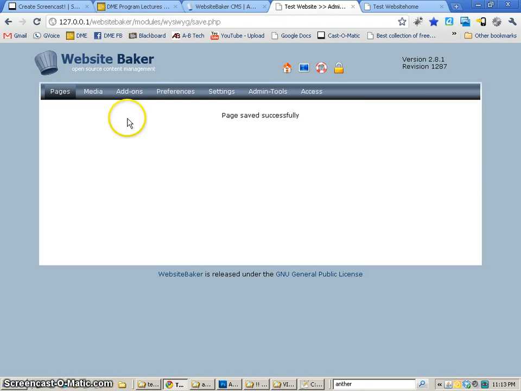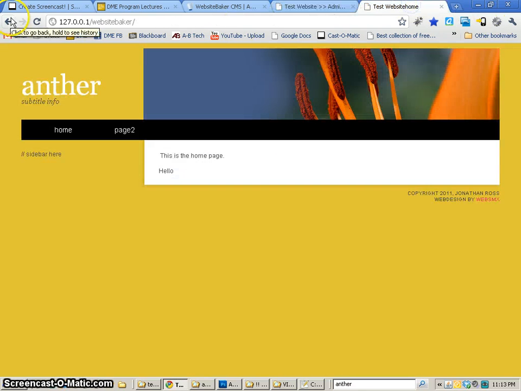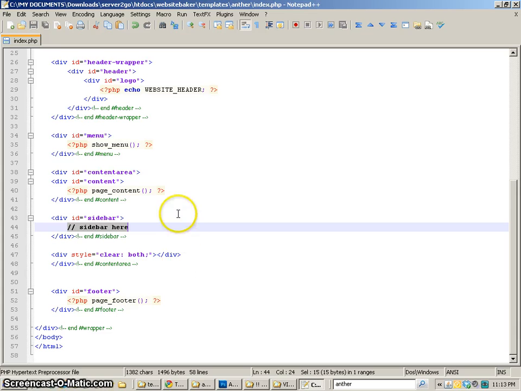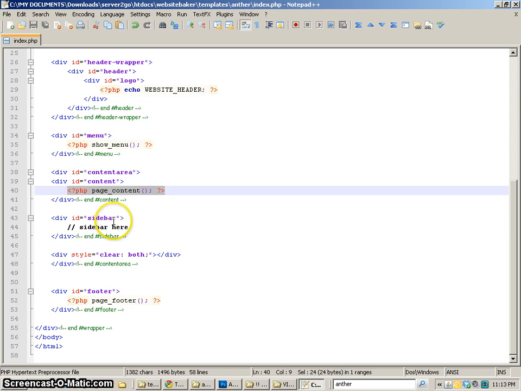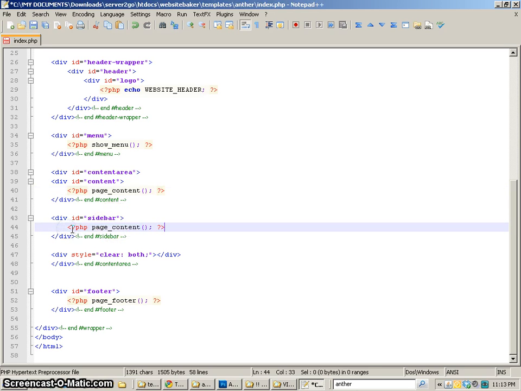I can save that. Now if I go and look at my site, I shouldn't expect anything to happen because I haven't actually enabled this sidebar yet in my template. So we're going to enable that in the template. I'm going to begin by copying the content tag and then pasting that where the sidebar is, and this will be the content 2